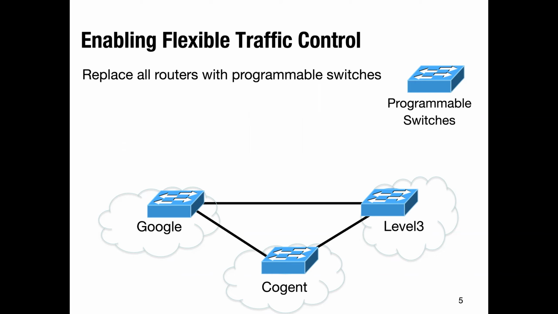So within that, I can actually have one more level of distinction and say, okay, app video traffic goes to Level 3, other traffic goes to Cogent, right? But it's not that simple, because what we're now talking about is that we should be replacing all the routers that Google and Level 3 and Cogent have bought and replacing them with programmable switches. Though programmable switches are cheaper, so it's not completely unreasonable to go this route, especially when the routers are going to expire. But it is still a very expensive thing to ask, and also it requires changes to a